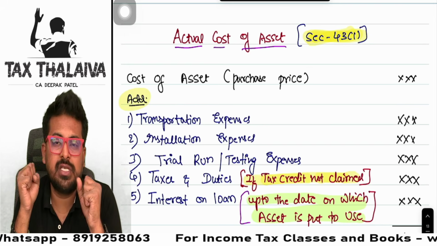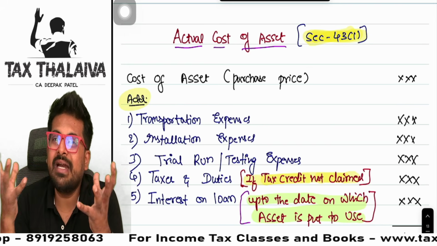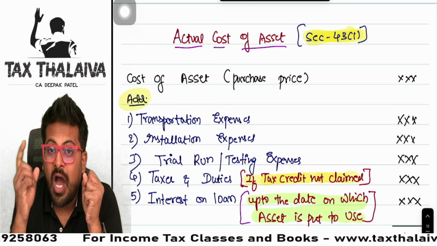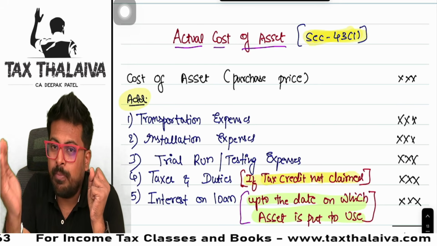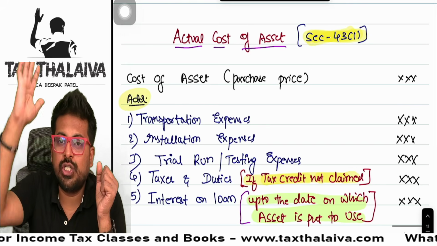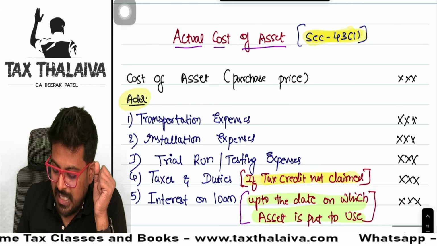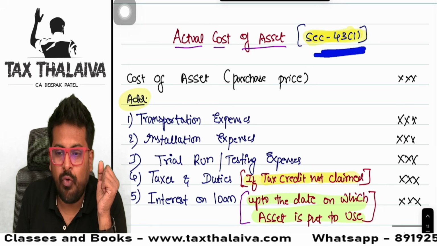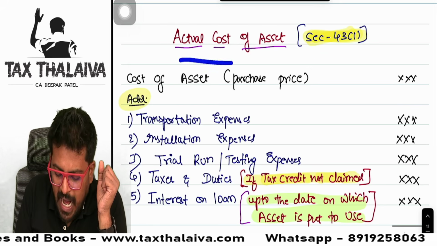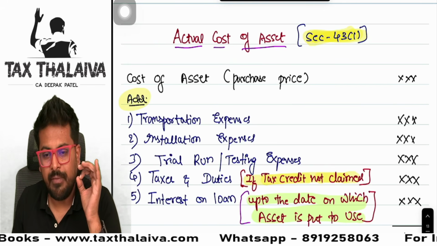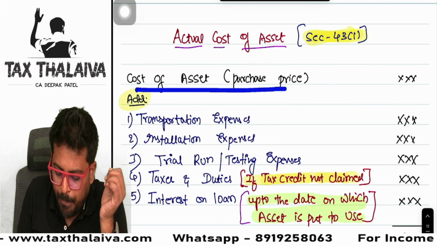These are some extra expenses which you might have spent for purchasing the asset. Can these expenses also be capitalized and can we claim depreciation on that is the question. And that is clarified in this section 43(1), which says that actual cost of asset will include actual purchase price